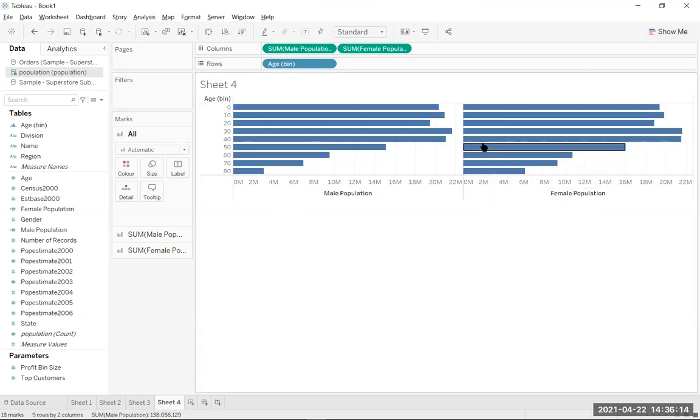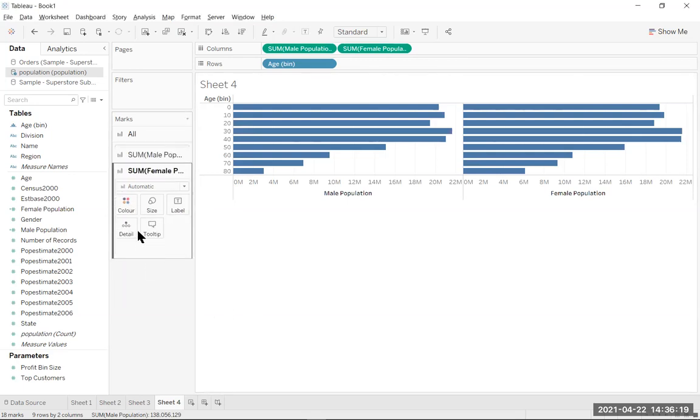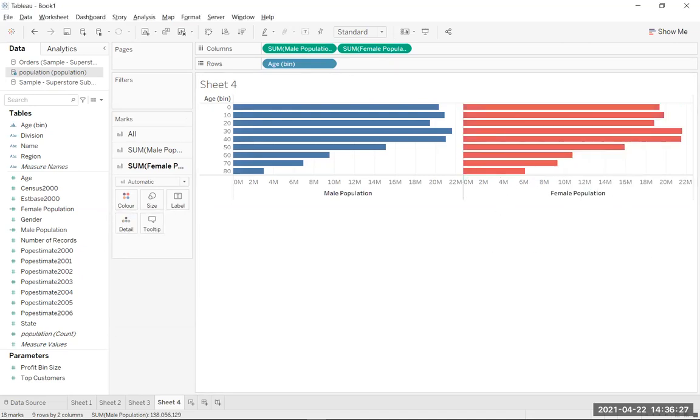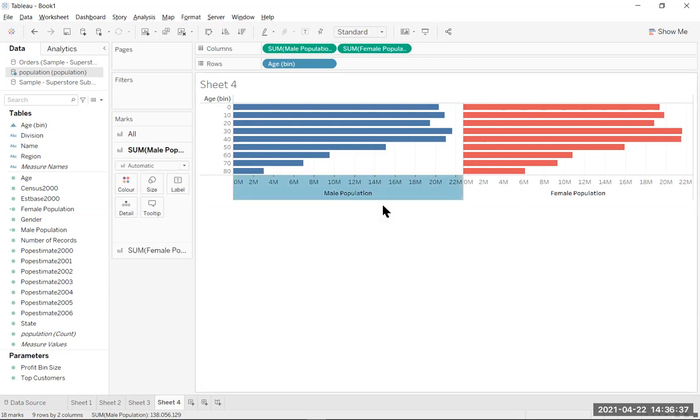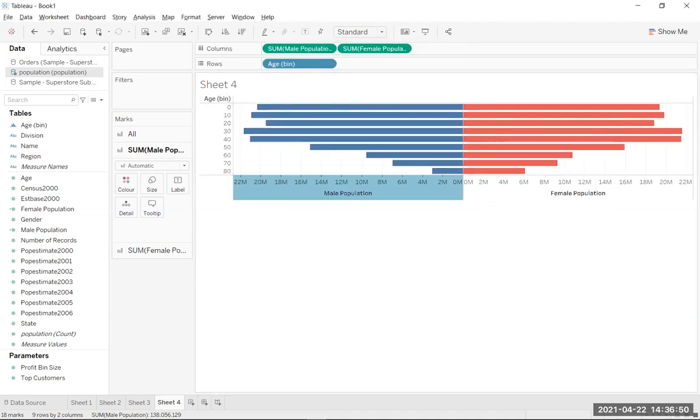The color. Okay, we can take a look at the color. We can choose red color if you want to. Right, so it's changed. Then you can edit the, choose the edit axis, and we can reverse it, right? So you notice there's a reverse. Notice now the graph is reversed. Cool,